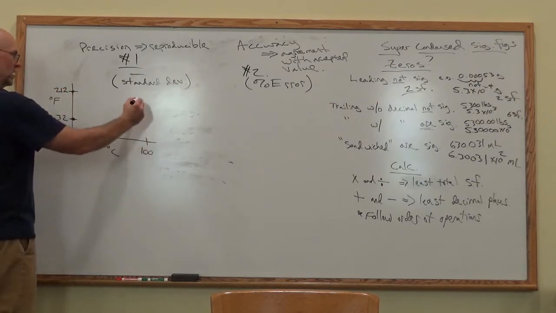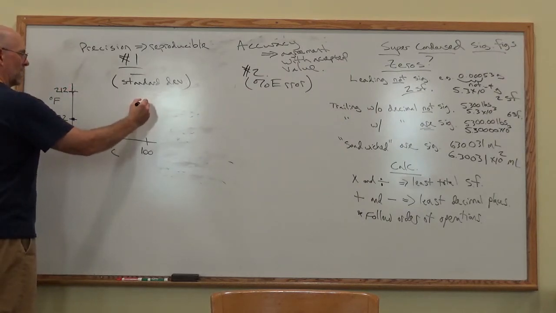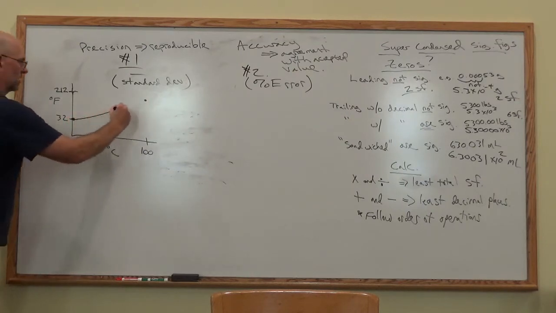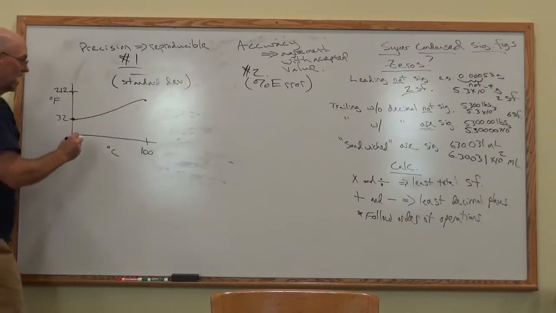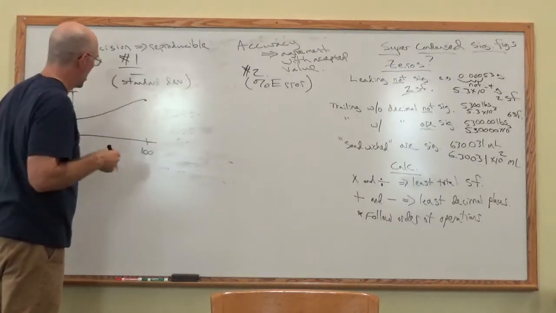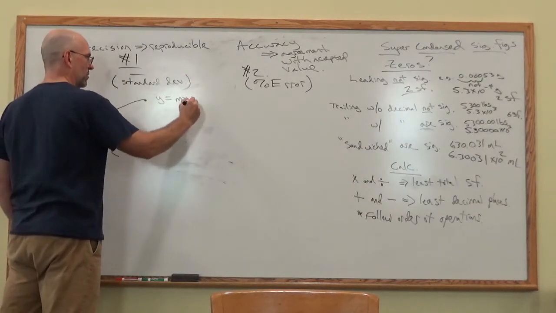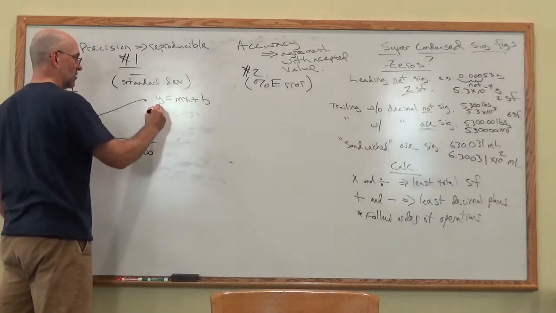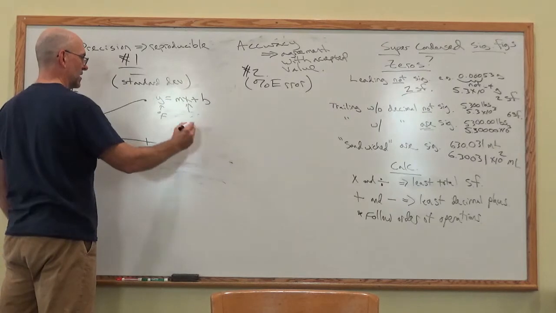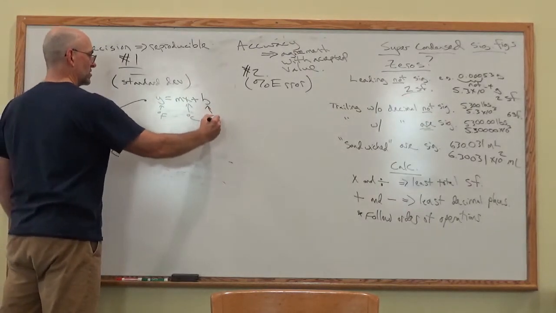So we can put another point out here. So 100, 212, 0, 32, and you make a line out of that. And then if you remember your algebra, let's see, y equals mx plus b, point slope formula. So y here is degrees Fahrenheit, x is degrees Celsius, b is the y-intercept, which is 32,